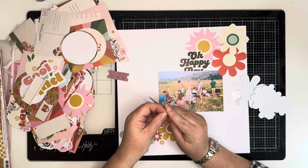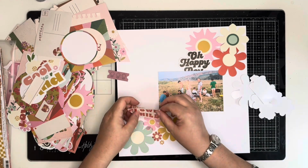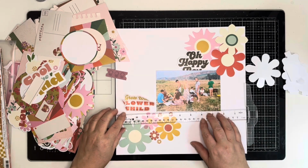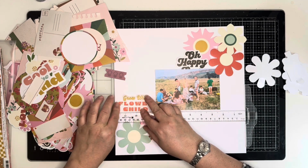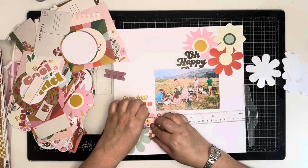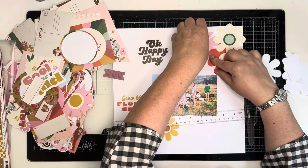these are down. I found this fabulous title that says Grow Wild Flower Child, and I thought that worked really nicely with this photo. So I'm just using my T-square ruler to check that that is straight on the page. It's difficult to tell sometimes, and once these stickers are down, they're very thin, so you wouldn't want to have to pull them up again and risk tearing them. So just making sure that that's burnished nicely onto the page, and then I'll carry on with these pieces at